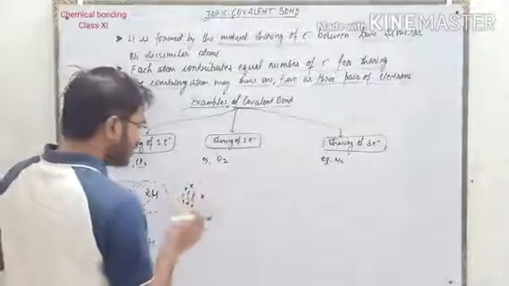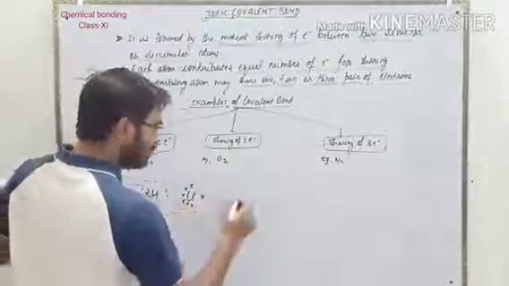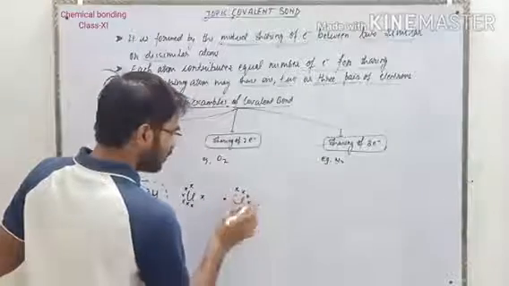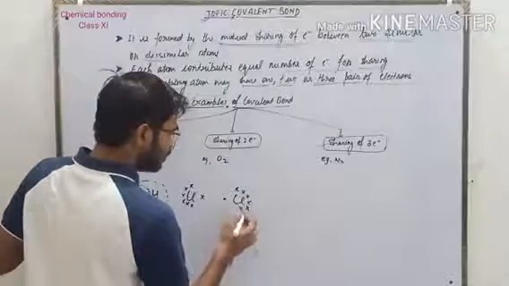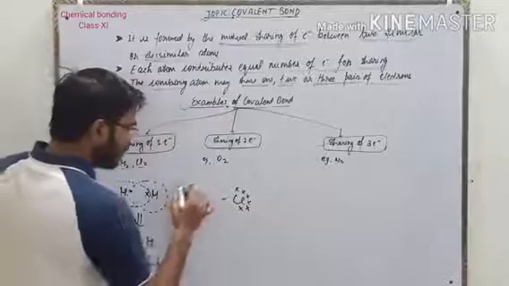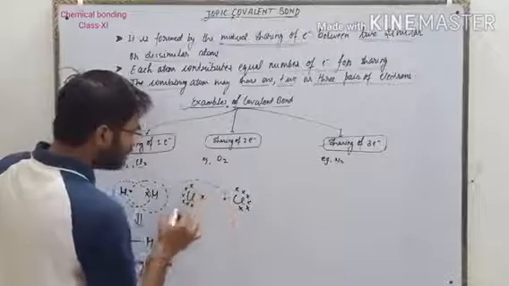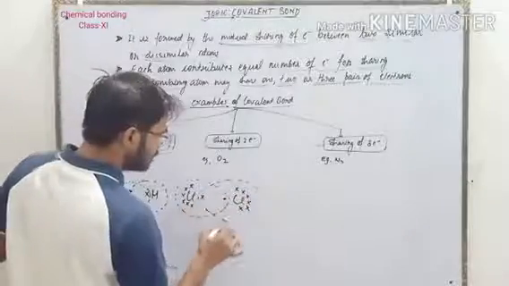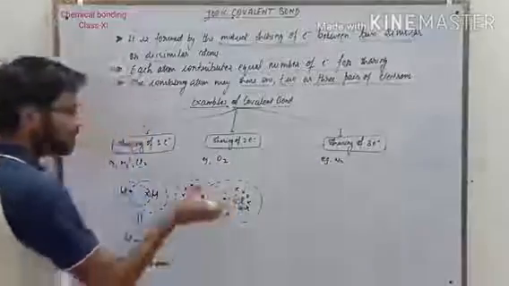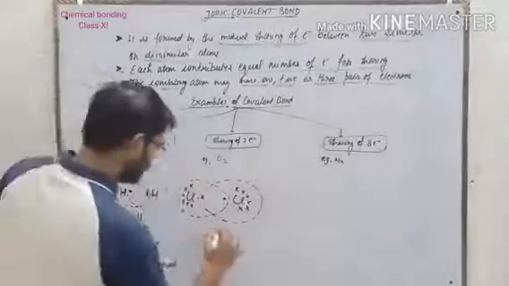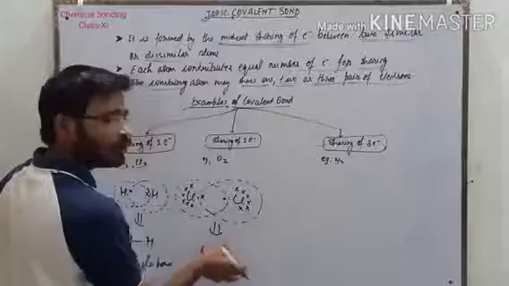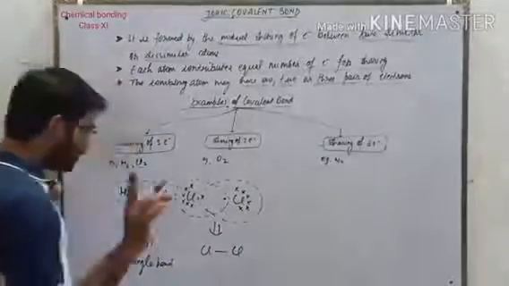So there are 7 electrons in one chlorine atom. Another chlorine also has 7 valence electrons. So it can share 1 electron and complete its octet like this. And because the sharing of electrons is 1, we can show a single line between both chlorine atoms.